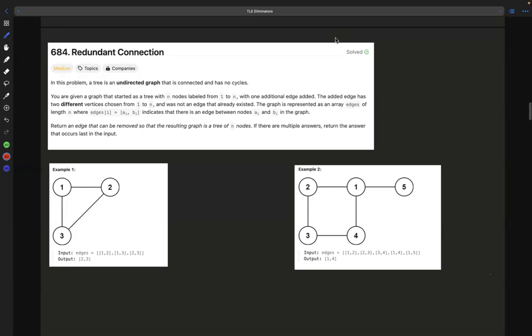So today's Leetcode daily question is Redundant Connection. Let's first read the question and try to understand what it asks us to do. So in this problem,